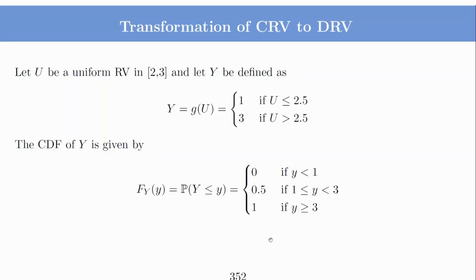So if you plot this, you will get a CDF that is discrete, and it's nowhere continuously growing. Sorry, it is continuous in other places, but it has jumps at these two points. So it's a discrete random variable. It is not growing anywhere, which is an indication that there is no PDF. So it's a completely discrete random variable.